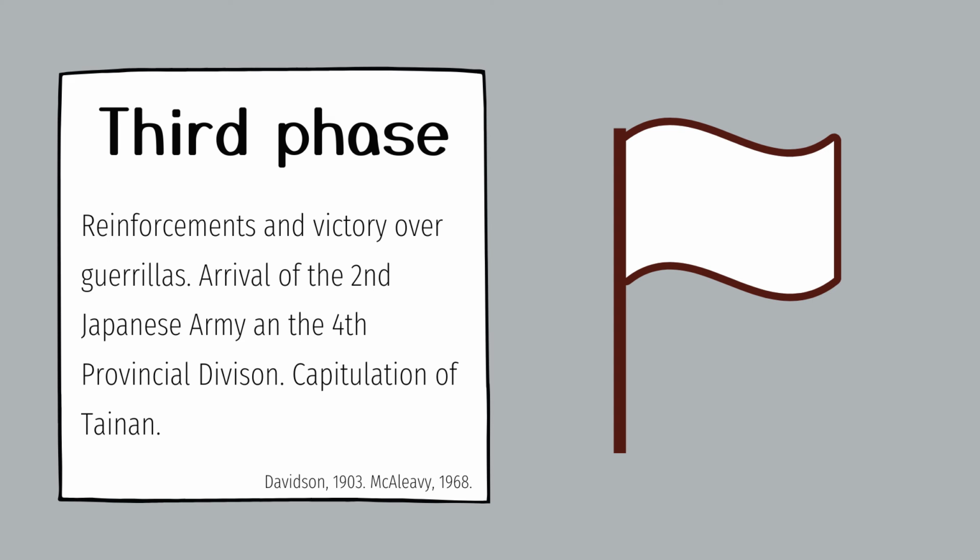Finally, the third phase is characterized by the arrival of Japanese reinforcements on the island, since these, although they were winning the battles and capturing the cities, were increasingly met with more resistance from the Formosa guerrillas. However, with the arrival of the 2nd Provincial Division of the 2nd Japanese Army in Manchuria, and the 4th Provincial Division from Osaka, the Japanese army ended up capturing Yunlin, Chaiji, and Shaoyan, until they received a surrender offer from